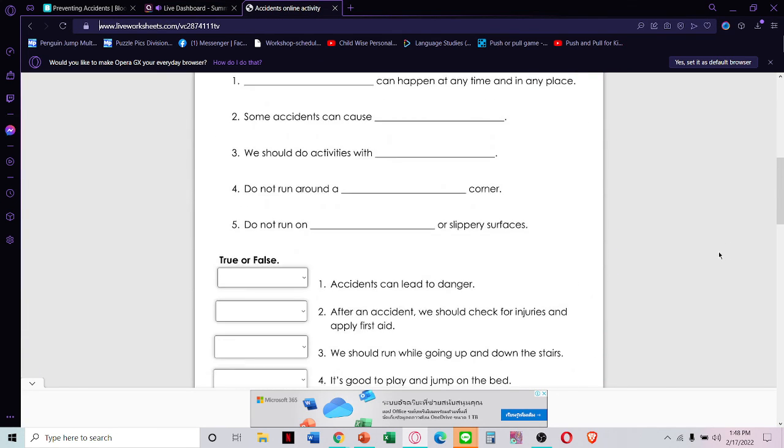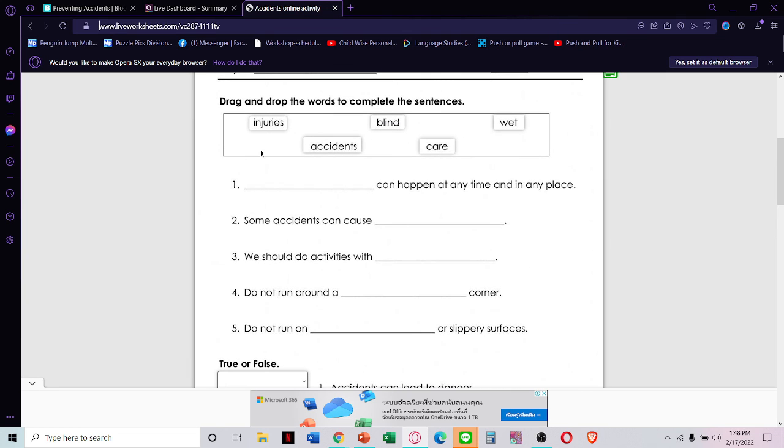Live worksheet, can you see? We have injuries, accidents, blind, care, and wet. Number 1, blank can happen at any time and in any place. Accidents. Some accidents can cause injury. We should do activities with parents. Care.